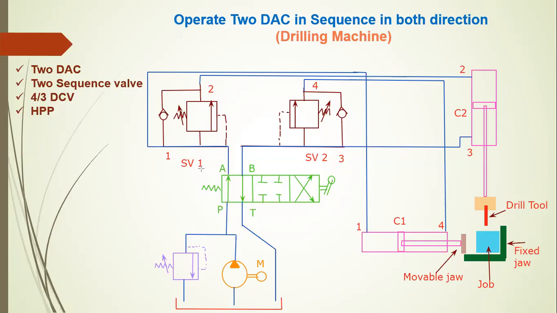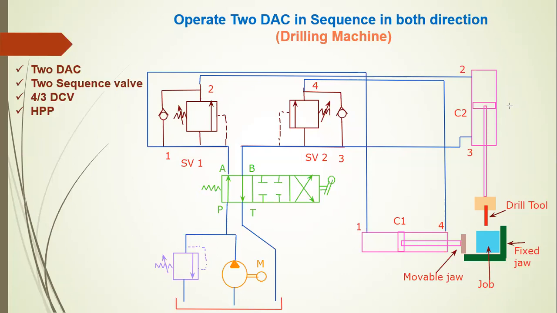Most sequence valves work in any circuit to give the operation in sequence. First, one cylinder operates, in an extended or retract condition. After it completes its extended or retract condition, the second cylinder operates, so we call it a sequence valve. If more than two operations are required, we give that number of sequence valves